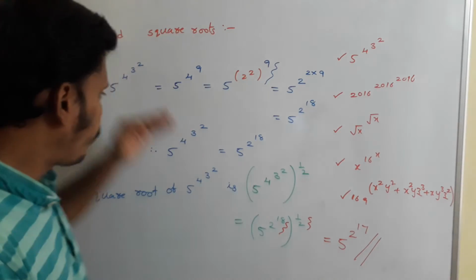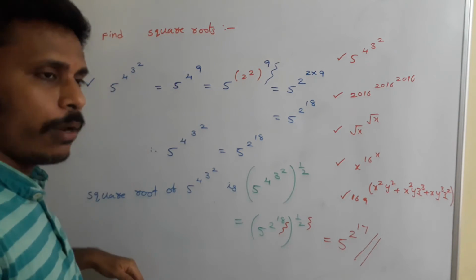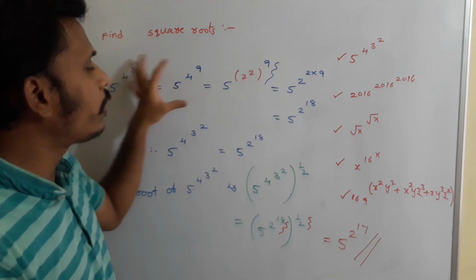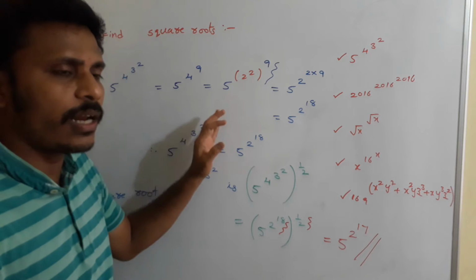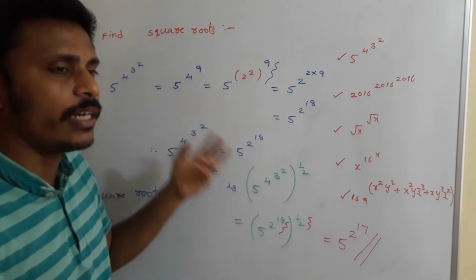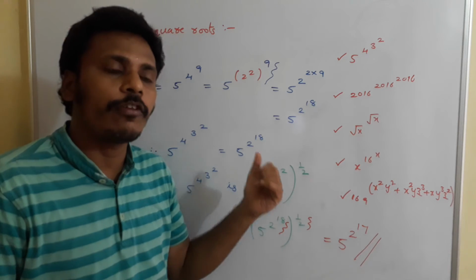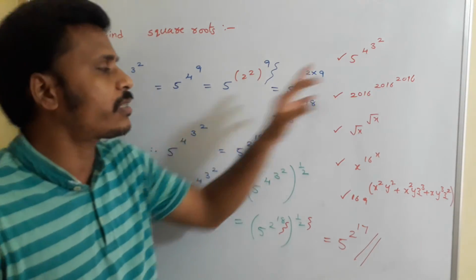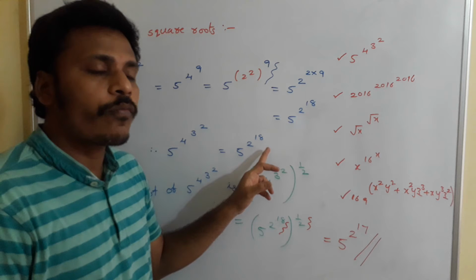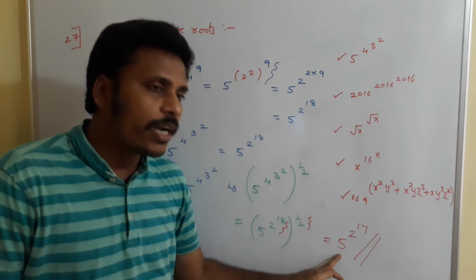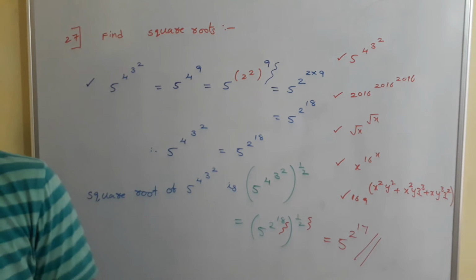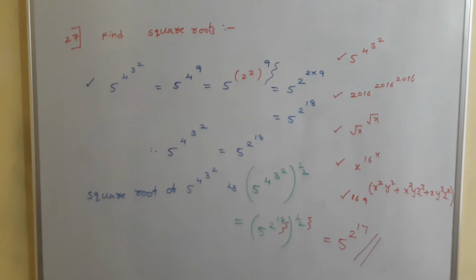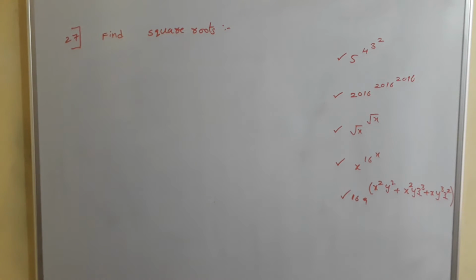Okay. See, previously we discussed some problems. For those problems, no need, directly we are calculating square root. No need to simplify it, those problems need no simplification. Directly we found the square root, but this problem requires some simplification here, and after that simplification I found its square root as 5 power 2 power 17. Have a look. Very simple. Finding square root is simply nothing but applying power 1 by 2. Next one.